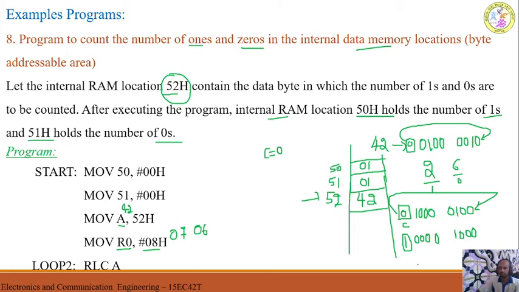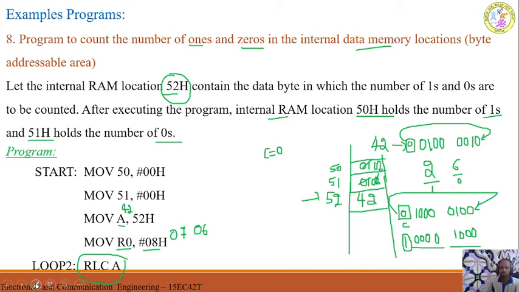Again do the rotate operation. So like that, this rotation operation will be done for 8 times until all the bits are checked. And every time this will be incremented. See, for the next case, this will be incremented. Now this becomes, instead of 0 1, it becomes 0 2. Then it becomes 0 3, 0 4, 0 5, 0 6. Because totally 6 zeros are there. And this becomes 0 2 finally.